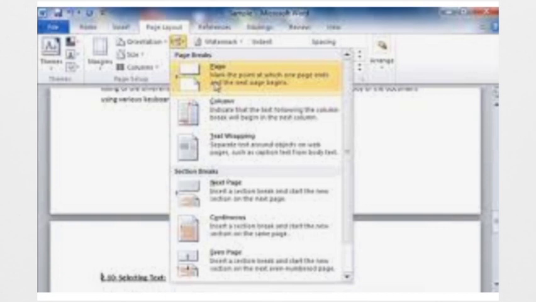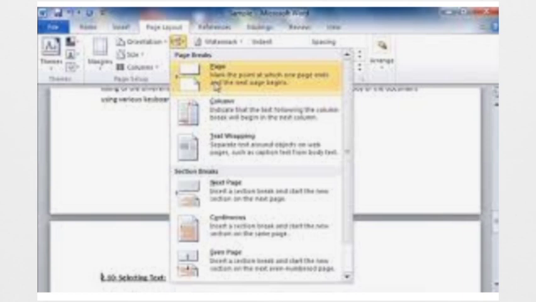Fine. So before inserting a page break, you need to keep the cursor properly. Clear? Make sure your cursor is on a blank place, so that when you click on the page break option, it will directly go to the next page without any text.